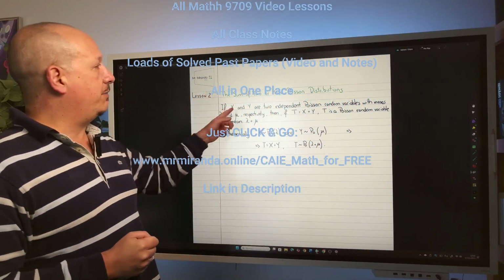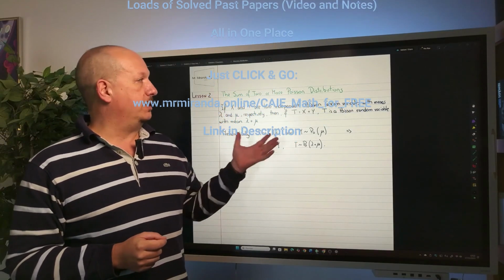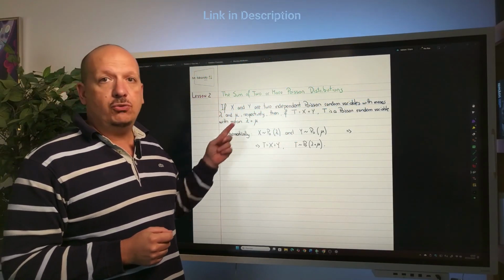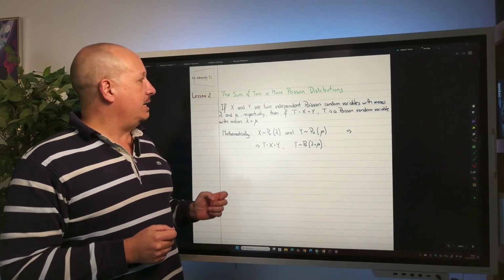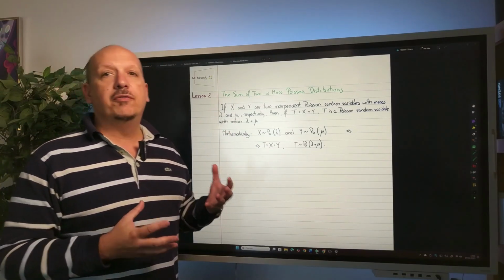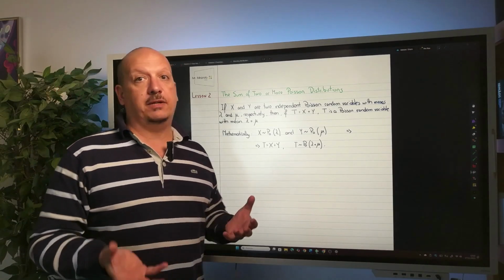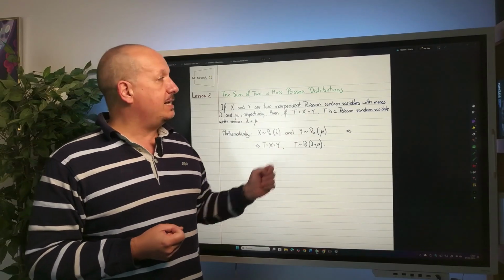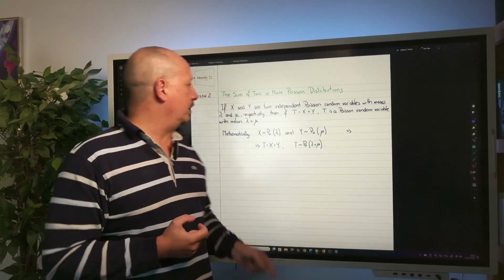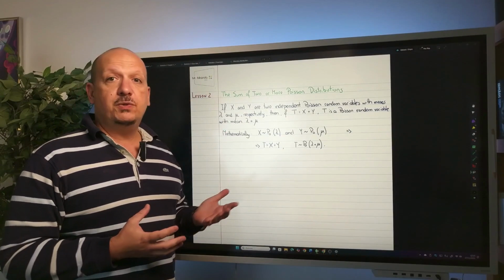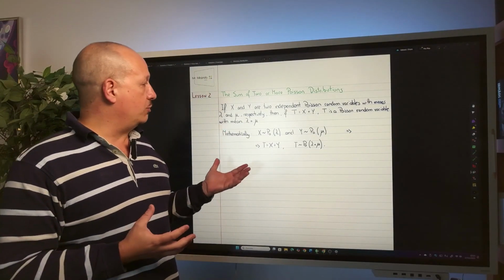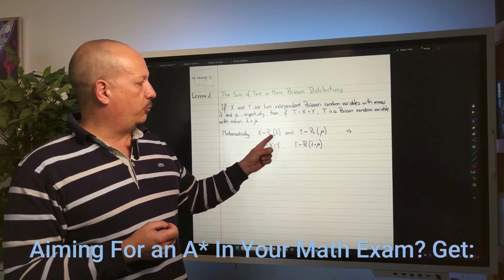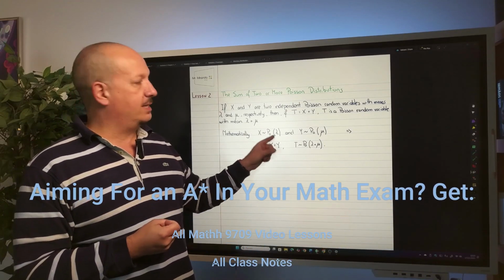So let's say that you have X and Y as two independent Poisson random variables with means lambda and mu respectively. Then if you have the sum of these two random variables represented by a third random variable, which I call T for total, then T is itself a Poisson random variable with mean lambda plus mu. So all you have to do, if you have two random variables modeled by Poisson distributions with means lambda and mu,